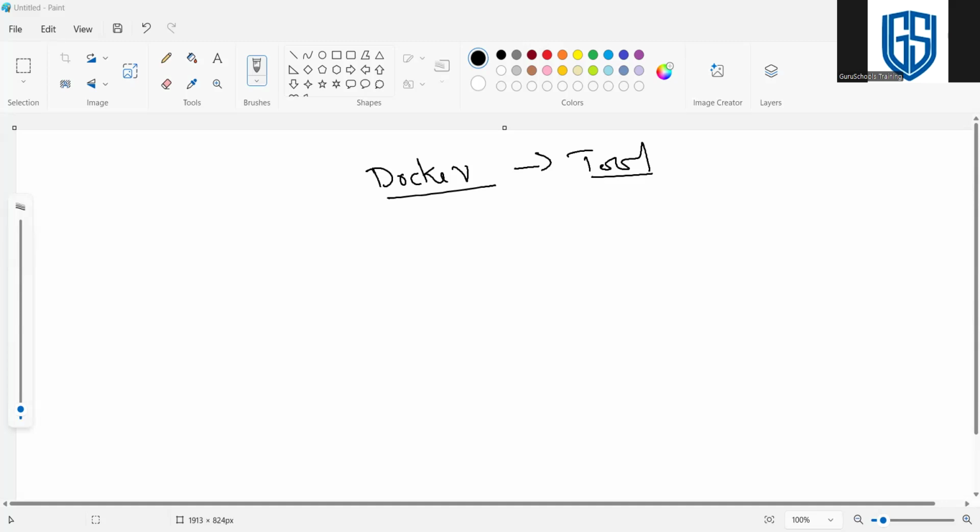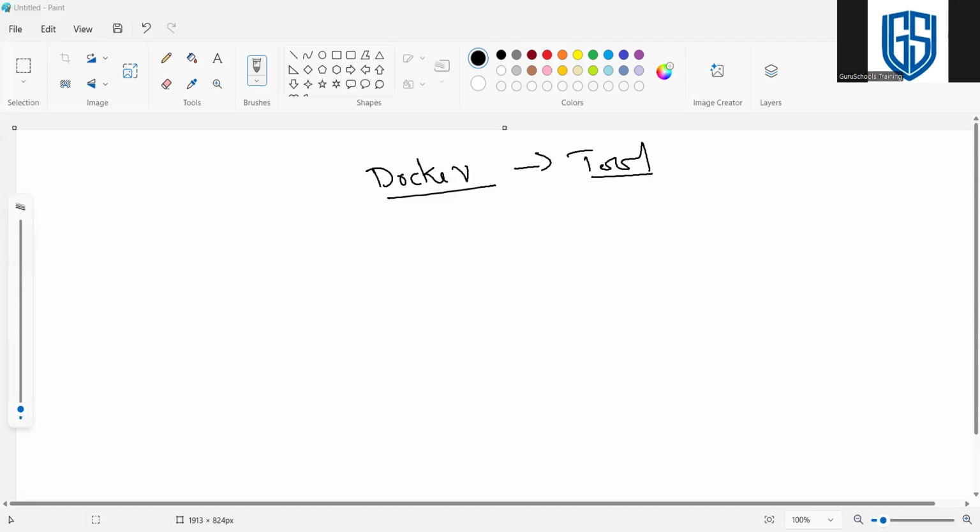So coming to the theory part of Docker, Docker is an open source platform that we use to automate deployment, scaling, and management of applications. Okay. Inside Docker, it's a lightweight, portable container actually.